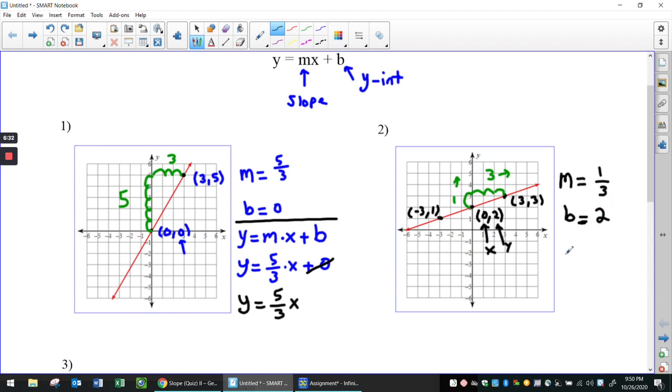Now we're going to go ahead and substitute into this equation. y is equal to mx plus b. Remember, m is being multiplied by x. So y is equal to, my slope here is, I'll write it in a different color for you, 1 over